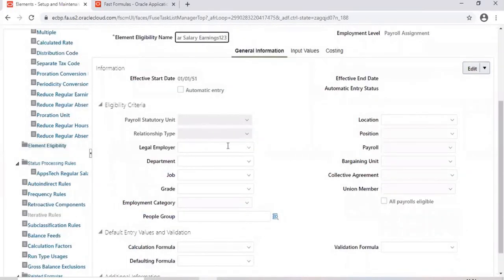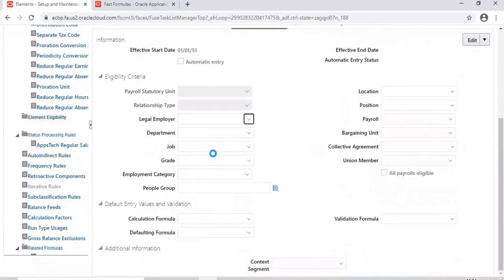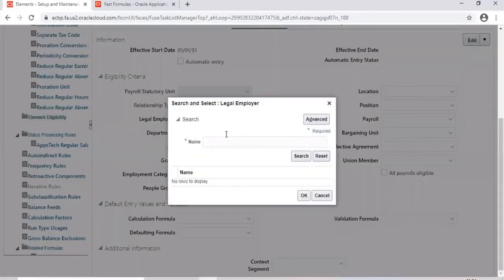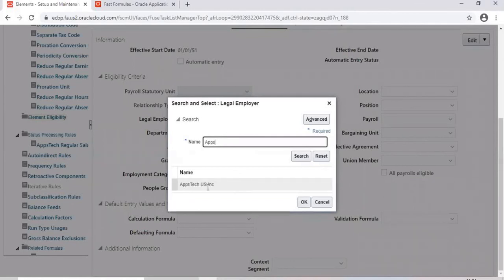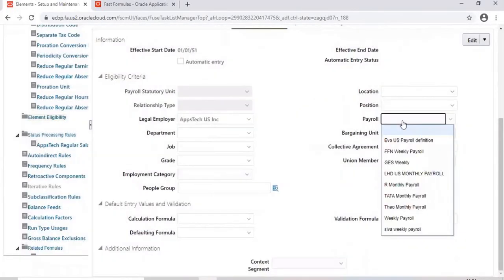I am saying, okay, people who belong to, you can go by legal employer, our company. You can say people belong to this company, and people belong to this payroll. What payroll have we defined? Did we define payroll?